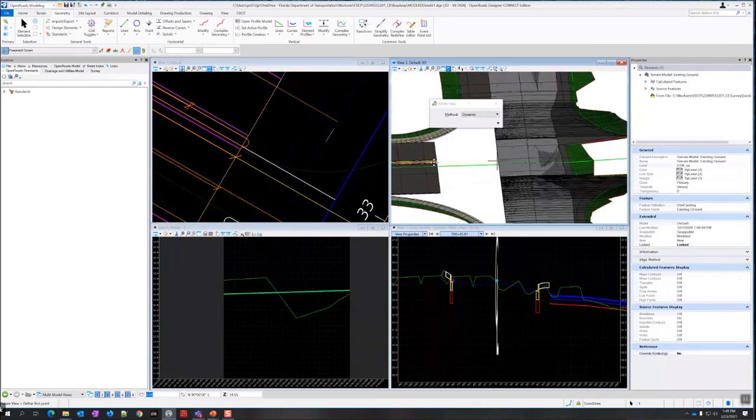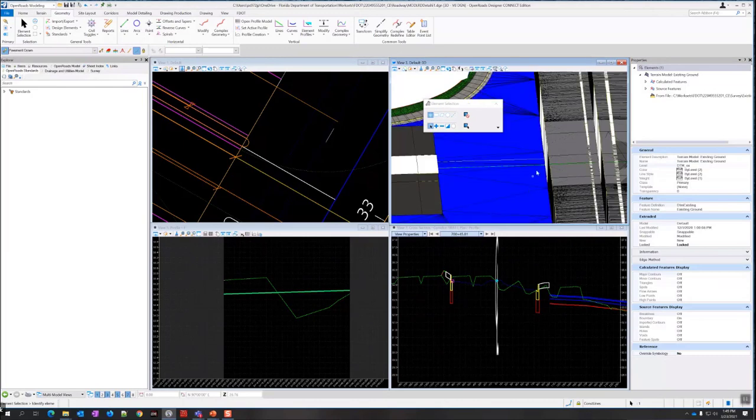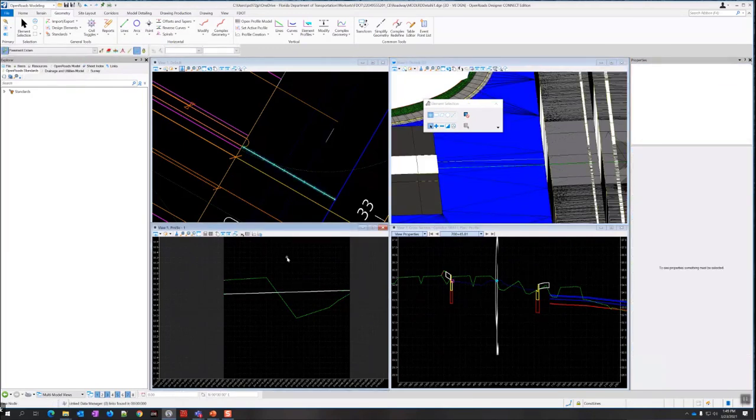And I could have brought this in by just doing a profile intersection point, but I just wanted to show you how that other command worked. So let me turn on constructions again in case I need to select that. All right, so now I need to go back over to vertical profile creation, the drop down profile intersection point.